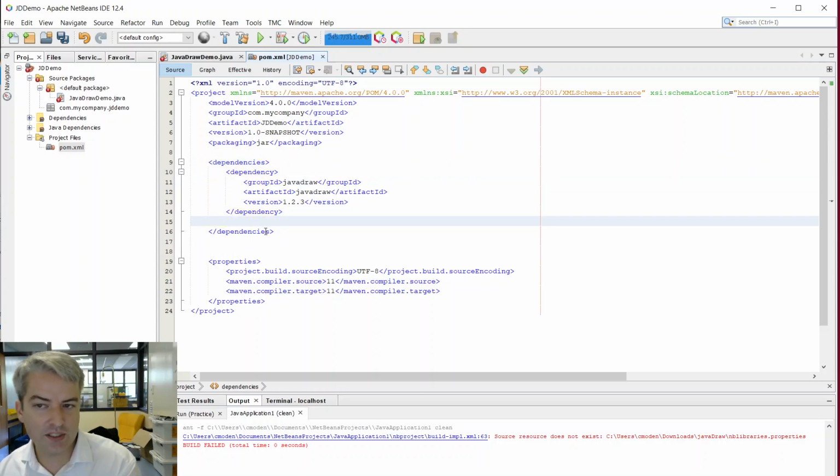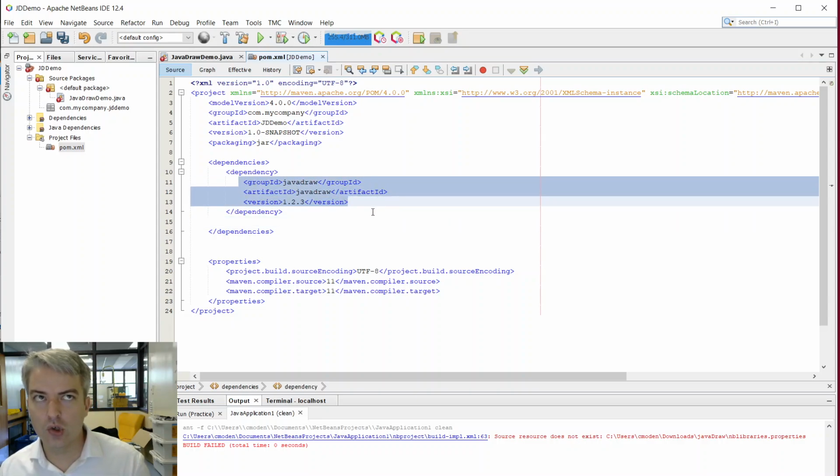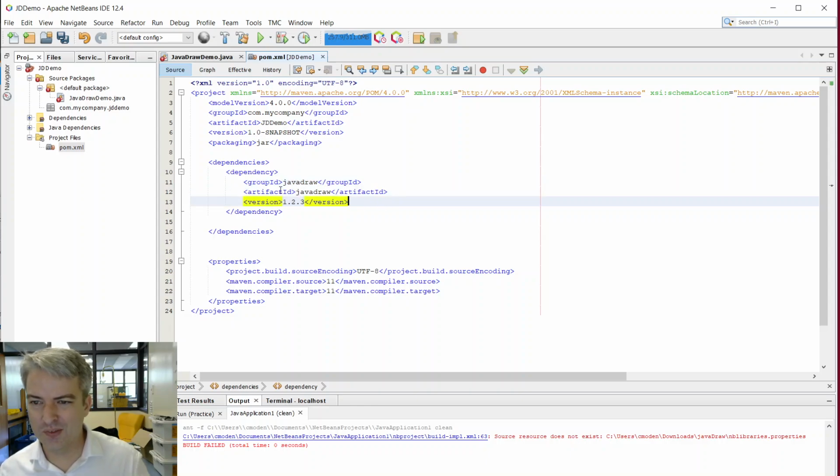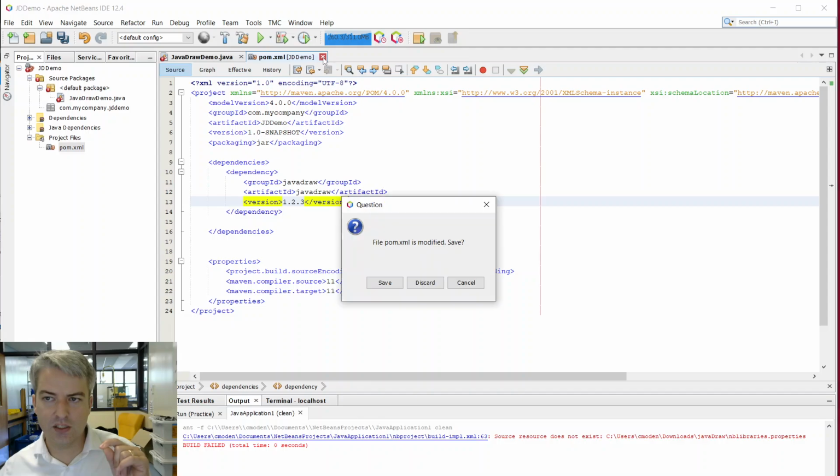We might have 5 or 6 in here if we're doing more advanced stuff. This is just kind of giving a name. These things are all required by Maven. It just needs these 3 things. Not too impactful though. So what we're going to do is exit this to make sure that